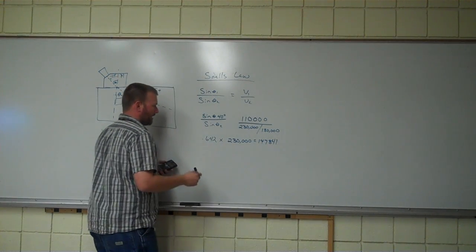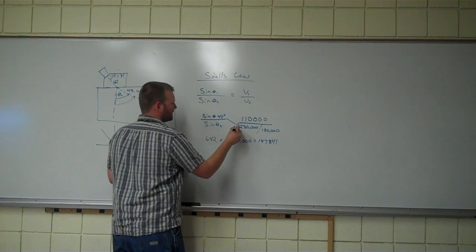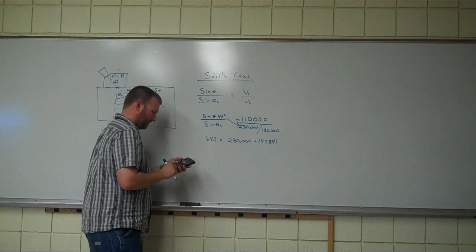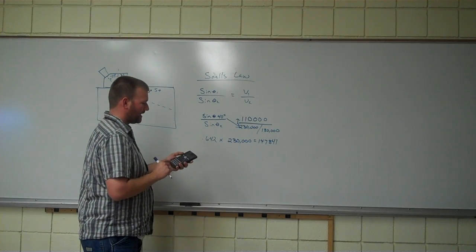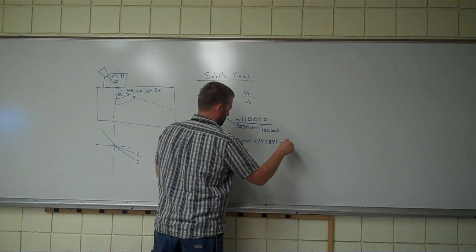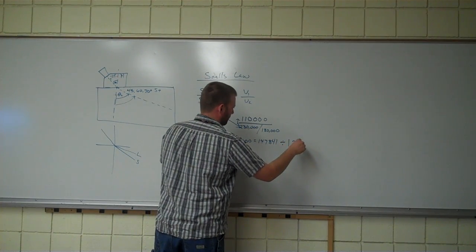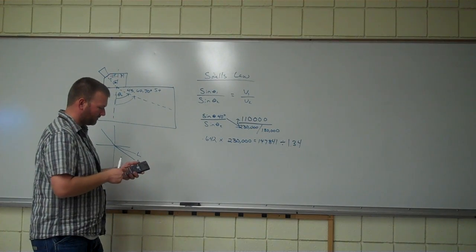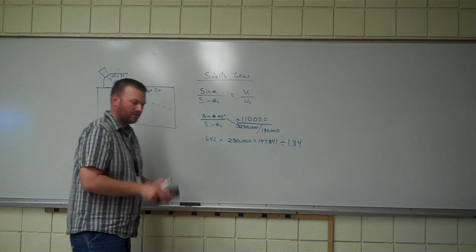We've done this times this, now we need to divide by this. So we divide by 110,000, and that gives us a value of 1.34, which in turn, if we do inverse sine of that,